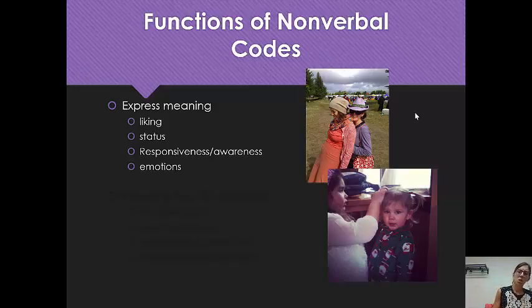So in terms of status, we can show that through the nonverbal behaviors that we have when we're communicating with others. Other things that we might do is we might steeple. Other nonverbals might be gestures like this, which are to downplay the other person, to take power over the other person, sort of push them down, if you will, with your gesturing. If we could do this, that's like, give me, open palms. What do you want? What do you need? What can I do for you? Which is a little different than what do you want? Thinking about some of those things that we do and how those things are expressing to other people power, authority, status seeking, confidence. And then our responsiveness and awareness to others.